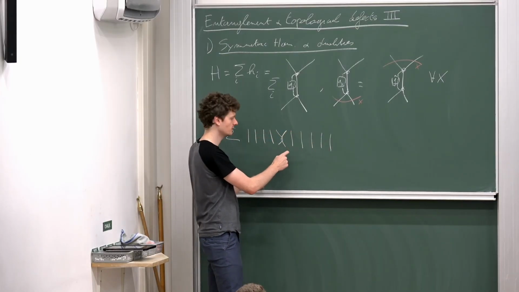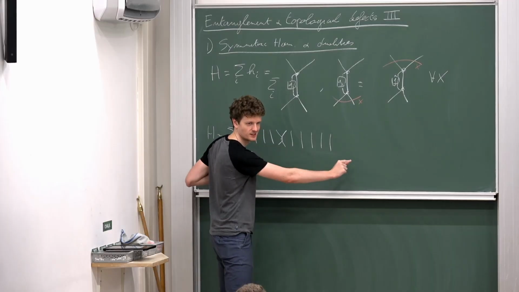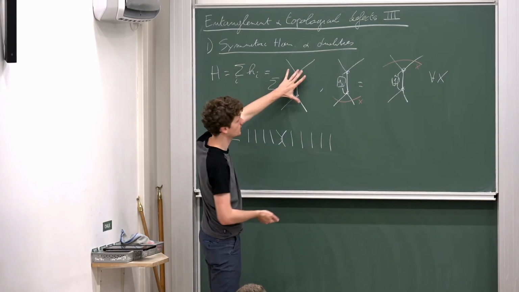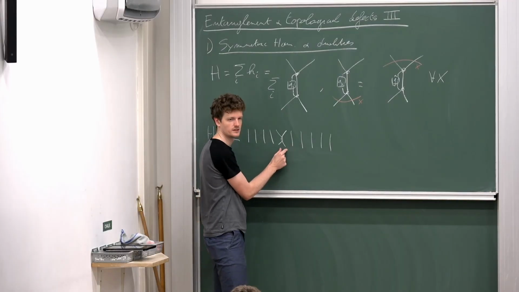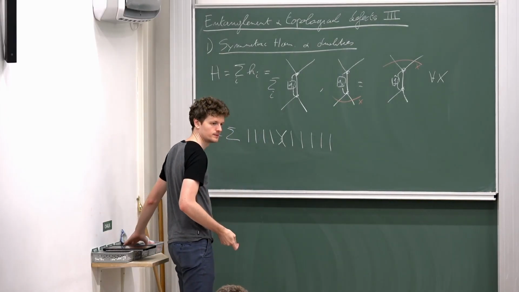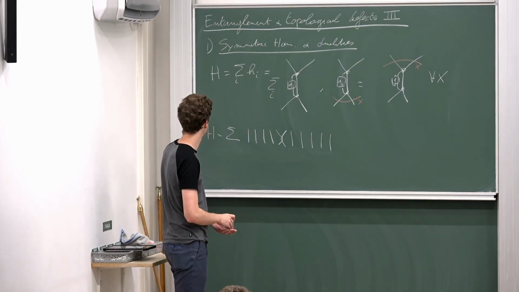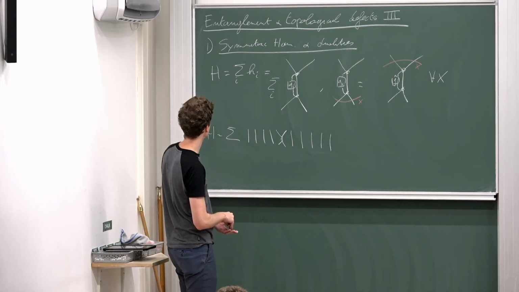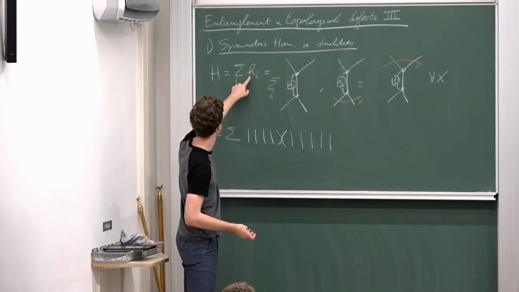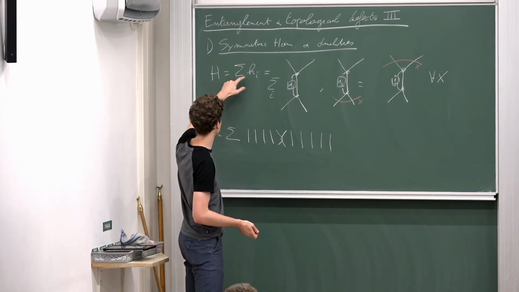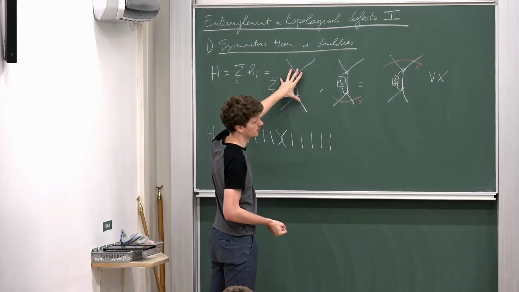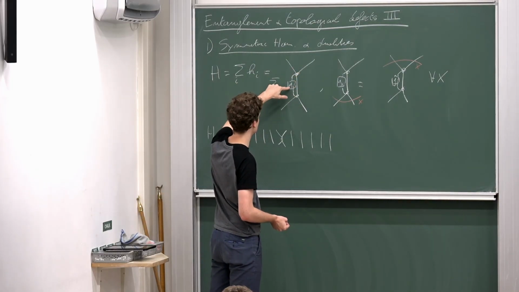So in physics, we usually omit writing all these identities because it's annoying. So we just define this Hamiltonian to act as the identity everywhere outside this. And then this is just some local interaction. What did you mean by the sum over i? This is just saying this Hamiltonian is a sum of local terms, H_i. And each of these H_i looks like this, where these G_i are some